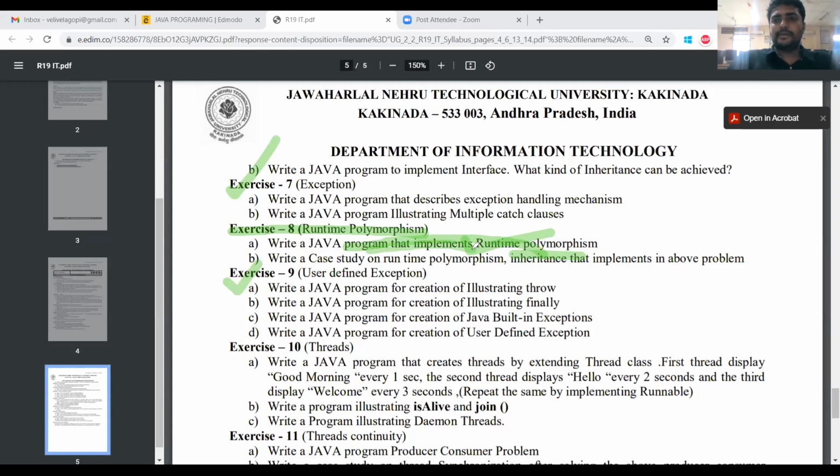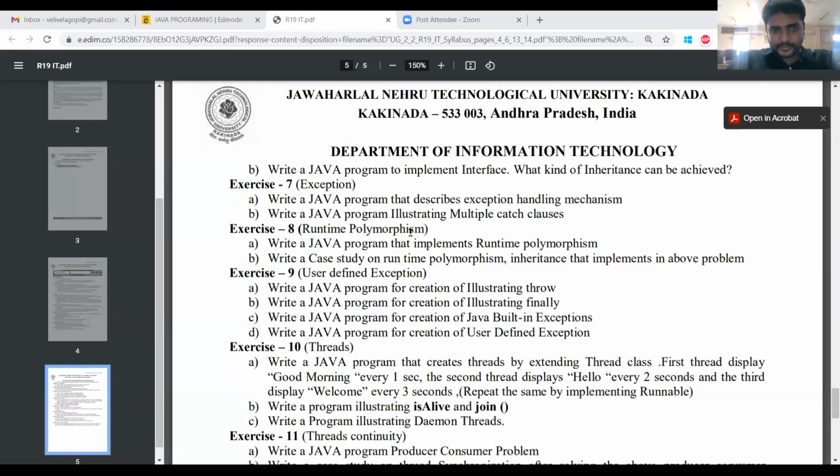This can be implemented by using the reference object of the superclass. So runtime polymorphism can be implemented by using the superclass object. Already in theory I have discussed this one, so let us check the program.